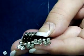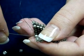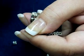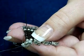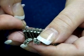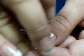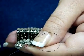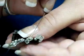Okay. Then again, I'm going to flip my work over. I'm going to bring my needle up through the 11/0, up through the cube. Then we're going to go through and tighten up this row of cubes. We're just going to go in and out of the cube. So I'm going to go down this second cube, up through the third, down, and up. You want to do this about really 2 passes. So we're going to do this. This is 1,